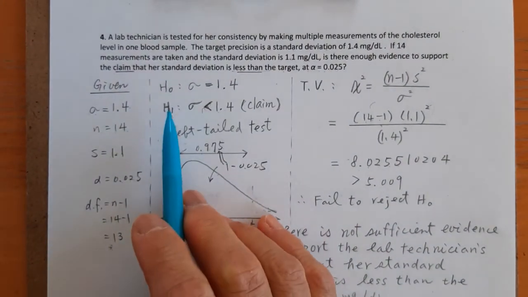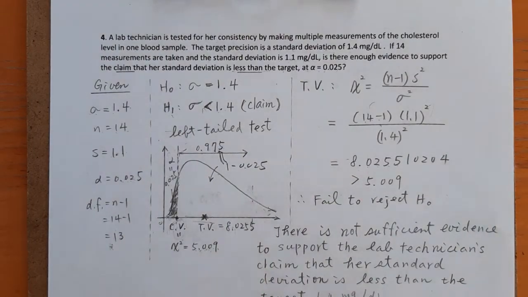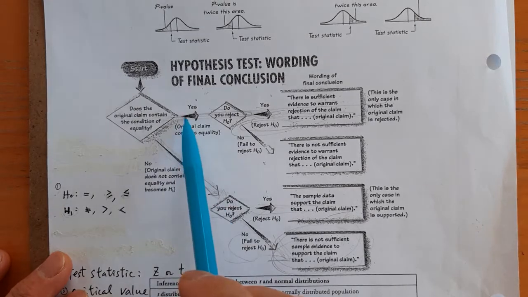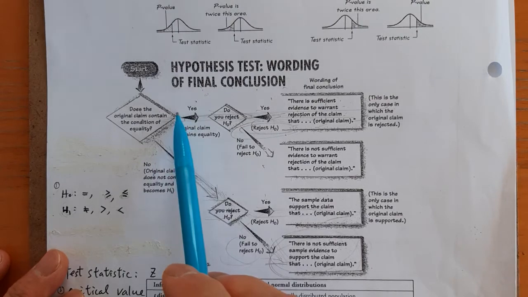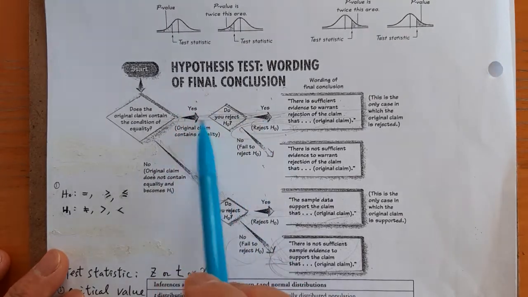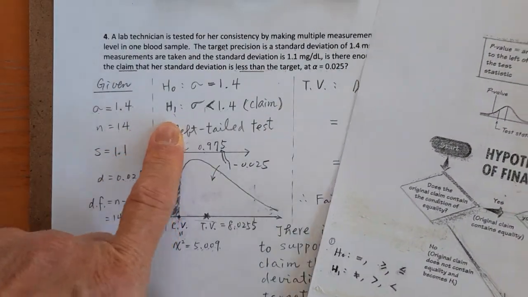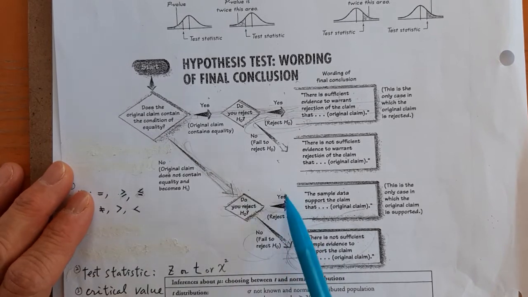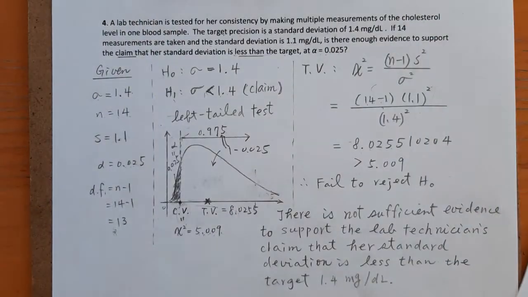Now you look at the original claim. If the original claim has H1 wording, go this way. If the original claim has H0, the null hypothesis, go this way. So now this original claim has H1, the alternate hypothesis, so go this way. And separate into two: one is reject H0, one is fail to reject H0. Since this one is a fail to reject H0,